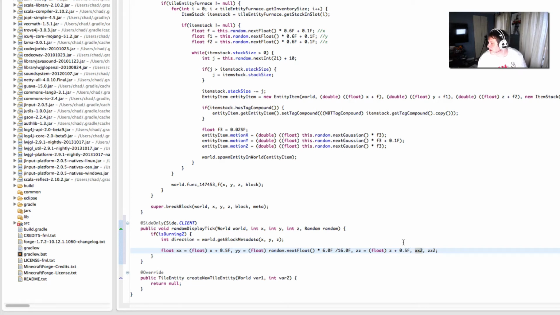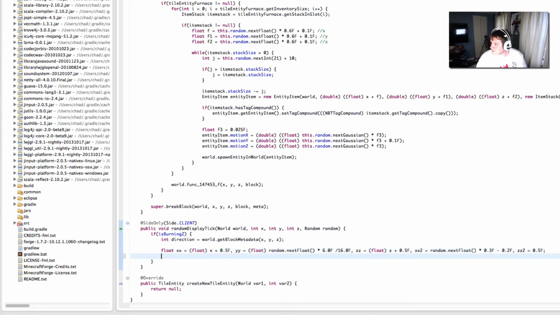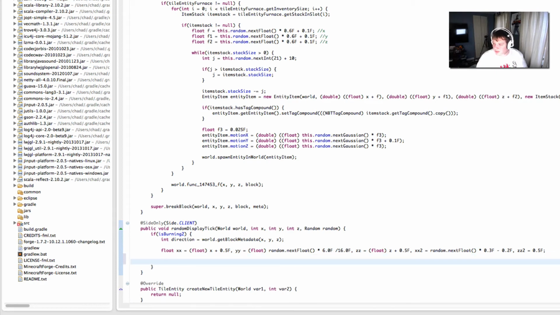So now we're on to xx2, which is equal to random.nextFloat, and we're going to times that by 0.3f, sorry, and then we're going to minus 0.2f. Okie dokie. And then zz2 is going to be equal to 0.5f. We're done with that. Now we just got a big if statement to do here. So if direction is equal to 4,